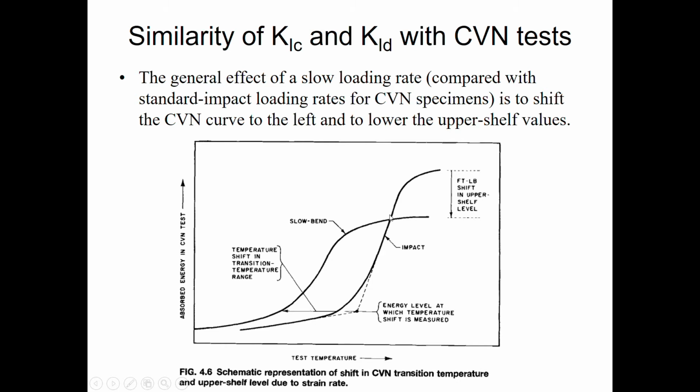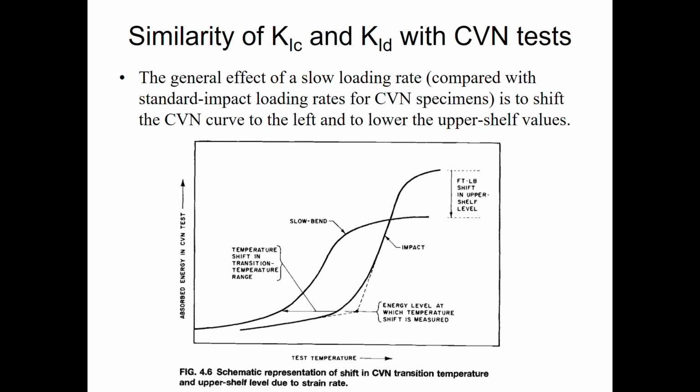Okay, now where does the coincidence happen? At this point. So just extend this line. So I will see the point that coincides between these two, and then you just extend this length for the impact towards this point. This is what we say is the energy level at which the temperature is measured, and then you will see how much is the temperature shift in the transition temperature range, measured from here to this point. So that's how we do this